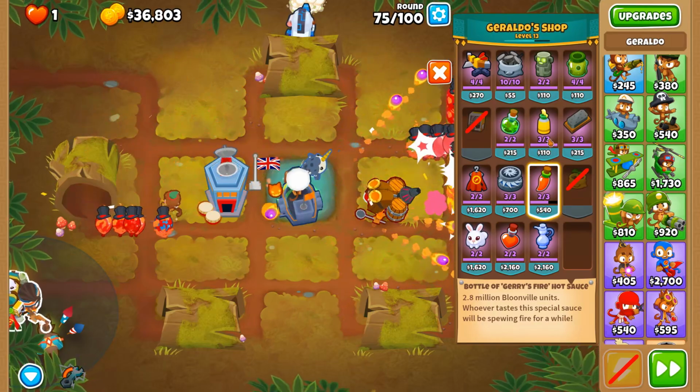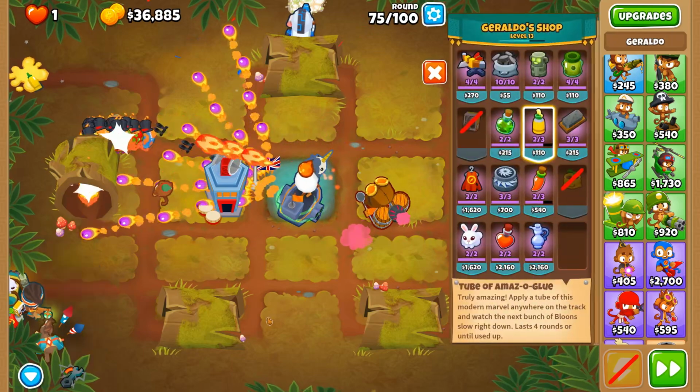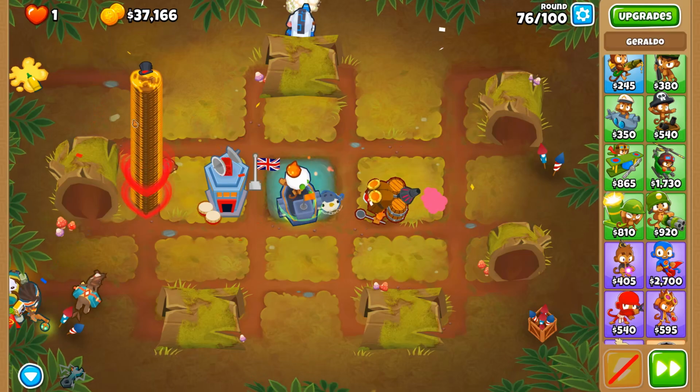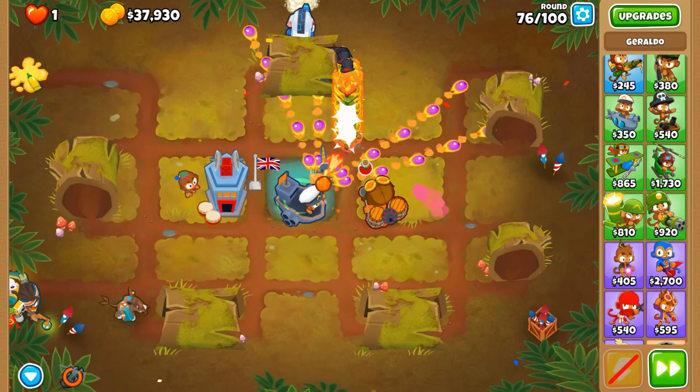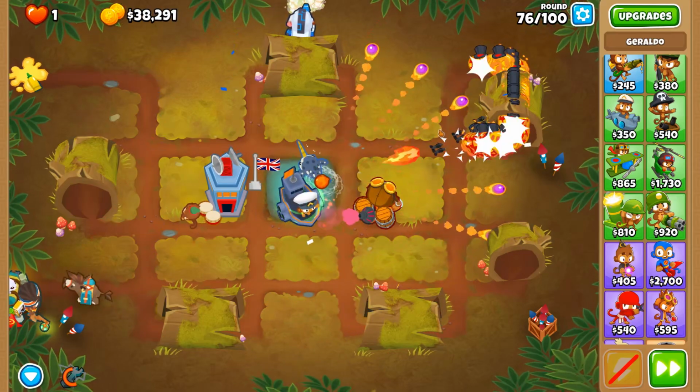Okay, but I think we're good. Okay, put that there for round 76. We're going to really need that glue in order to slow down all of these, because they're going to regrow at a stupid rate to a point where it's going to become uncontrollable. Oh, they're still...